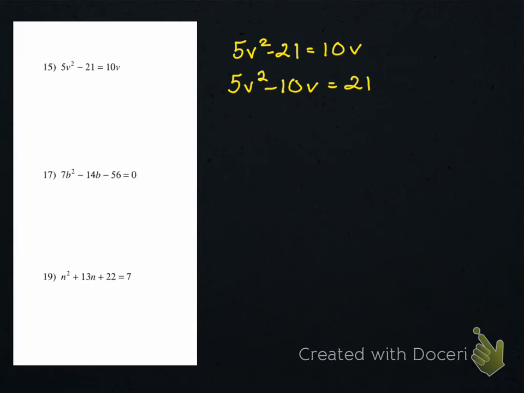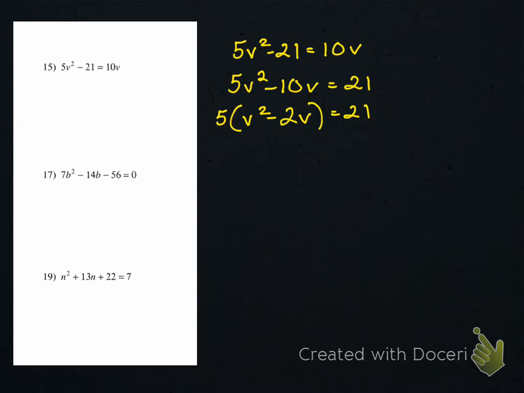And if you're doing completing the square in vertex form, you can handle that little mental transposing. If you're new to Algebra 1, certainly I would suggest you show your process steps. But we minused the 10v over, we added the 21 over. And now we're good to GCF. So we're going to take that 5 out, renegotiate the way things look here,